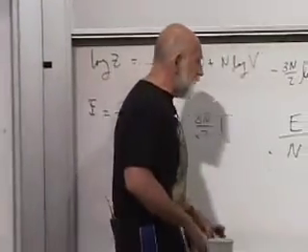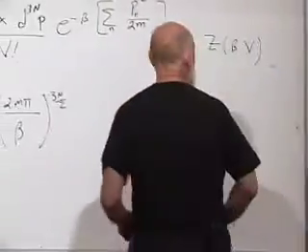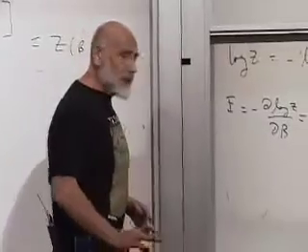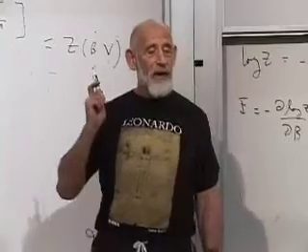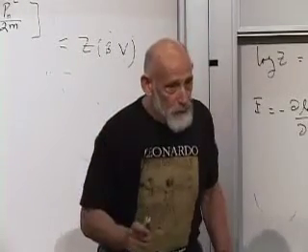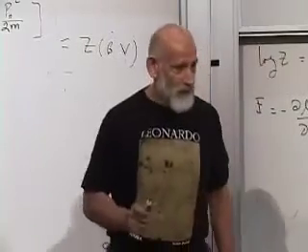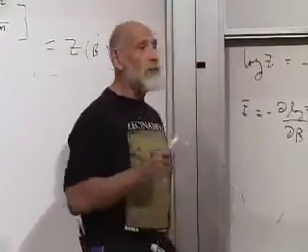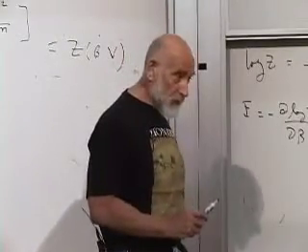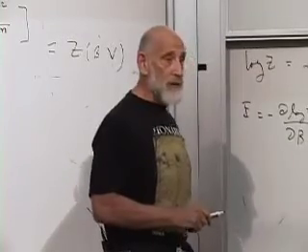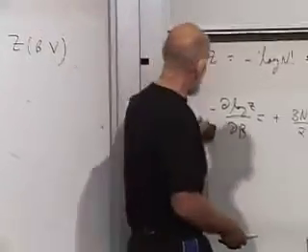Next, let's calculate the pressure. That's an interesting thing to calculate. To calculate the pressure, we want the derivative of the energy with respect to volume at fixed entropy, but that's too hard. So let's calculate the derivative of the free energy with respect to the volume at fixed temperature. That's a lot easier.